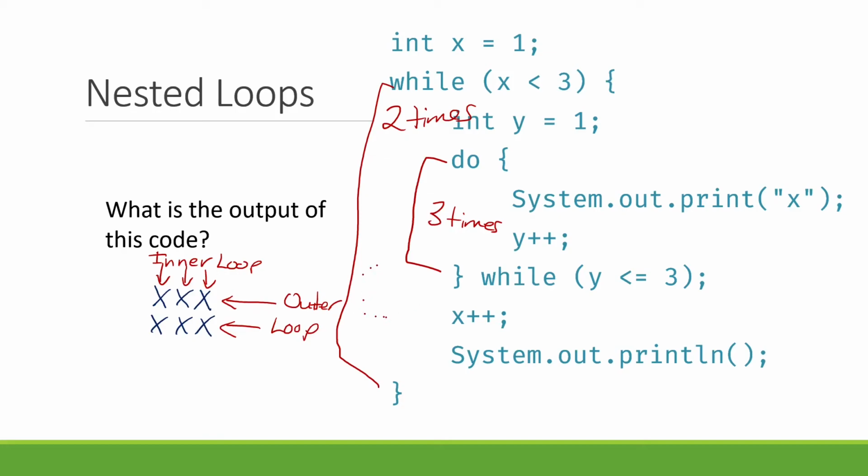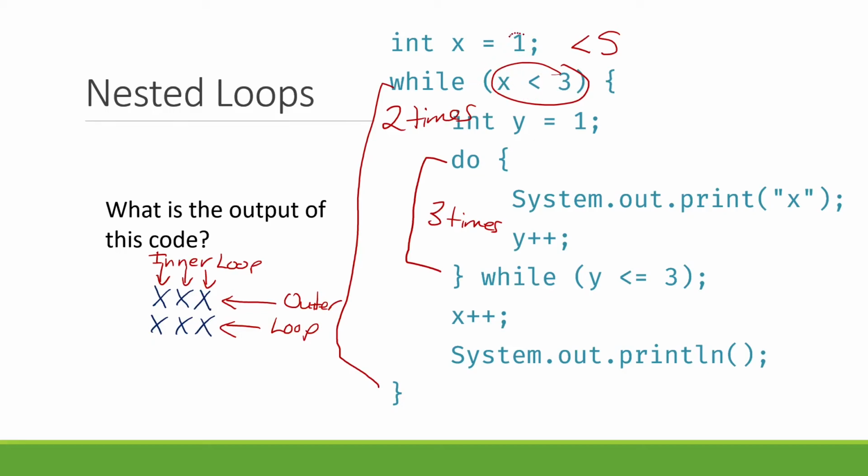Now, without retracing this code again, what do you think would happen to this output if we changed the condition of this loop here to X less than 5? Think about that for a moment. How would this change our output if we changed the 3 to a 5 so that our outer loop was while X less than 5? So if you think about that,